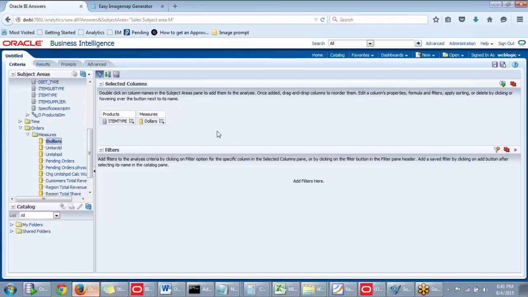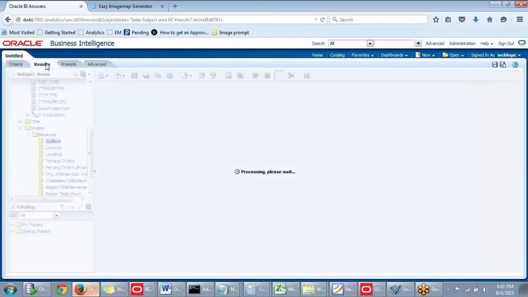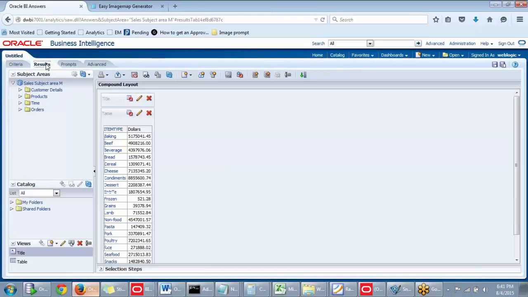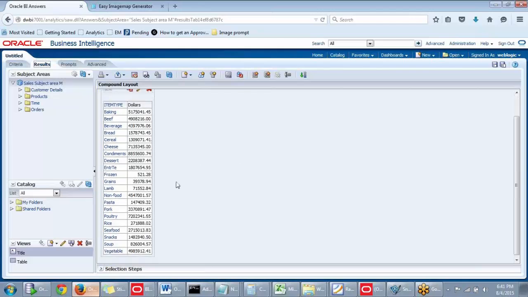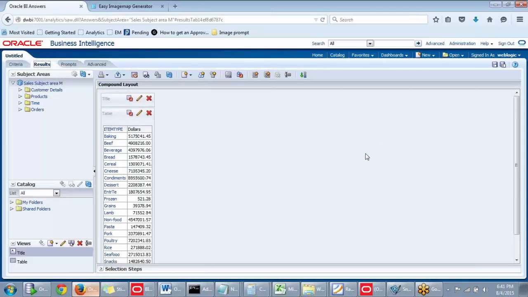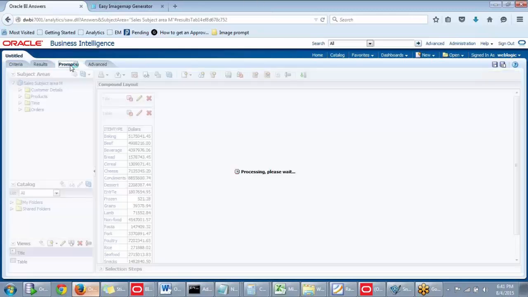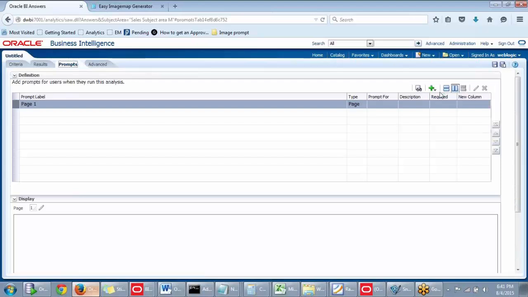Let me test whether I'm getting results accurately or not. Let me click on these results. Now we are getting results for this. In order to develop an image prompt, navigate to this prompts tab. Here click on this new